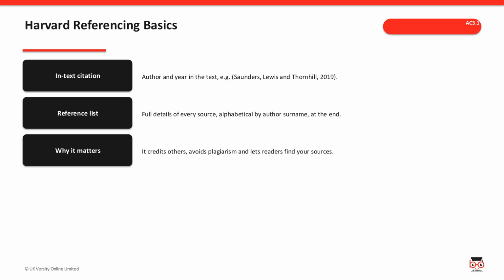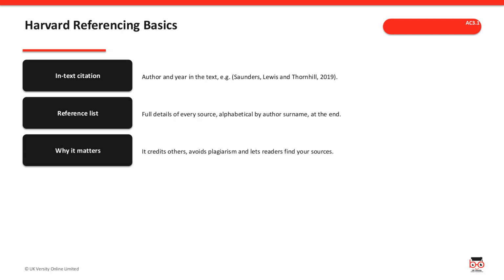Harvard referencing has two halves that work together. In the text, you give the author and year in brackets, for example, Saunders, Lewis and Thornhill, 2019. Then, at the end, the reference list gives the full details of every source, alphabetically by author surname. It matters because it credits the people whose ideas you've used, protects you from plagiarism, and lets your reader track